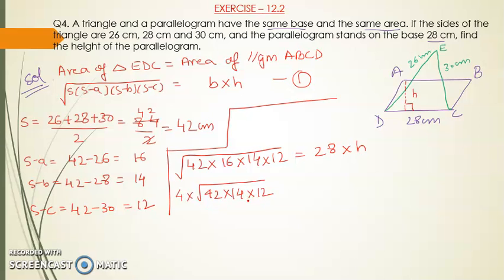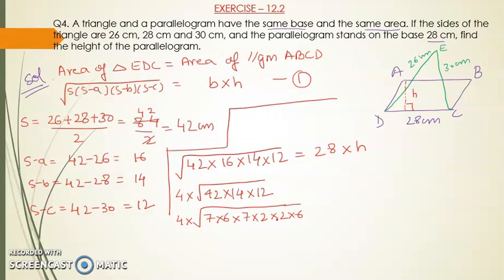Now make pairing of these numbers so that when you take the square root, it will be cancelled. Okay, so I will do now 4 into square root of 42. I can write 42 as 7 into 6, right? This is under the square root here. Okay, 14 I can write as 7 into 2, and 12 I can write as 2 into 6. Are you following, students? See, I am repeating. 42 I can write as 7 into 6, correct. 14 I will write as 7 into 2. 12 I will write as 2 into 6.